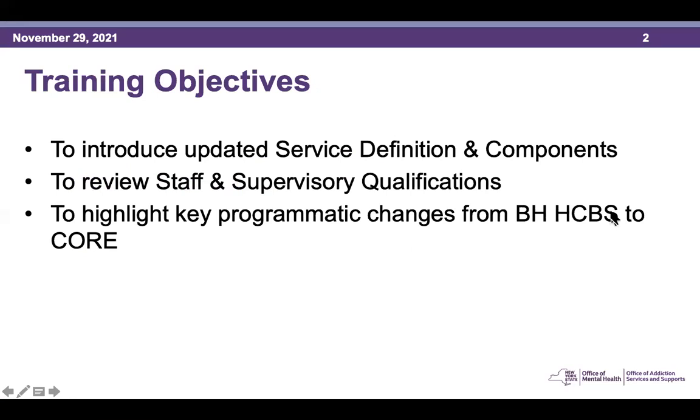Thanks so much, Meg. Hi, this is Katie Merrill, Director of Rehab Services here at OMH, and I'm very excited to be here talking to you all about Core Services Peer Support. As many of you may know, peer support has been our most popular of all of the behavioral health, home, and community-based services, and we expect that there will be very high demand for this service under Core. So we want to make sure that everyone is starting out with a solid understanding of what the service definition and components are, what some of the changes are from BH HCBS over to Core Services, who can deliver the services and supervise the services, and then we'll wrap up today with a case example. So I guess we'll just dive in and hopefully have time for questions at the end.